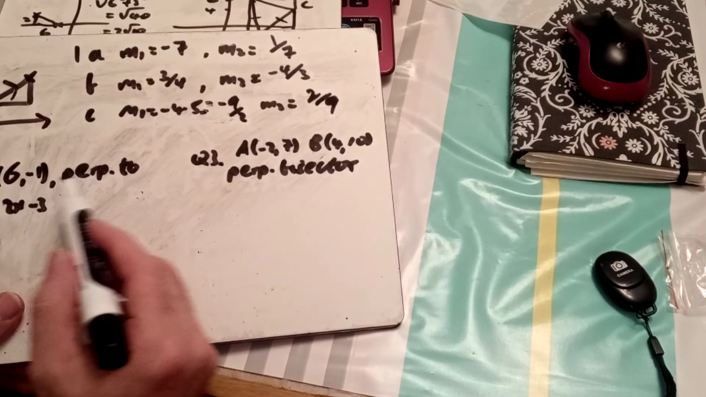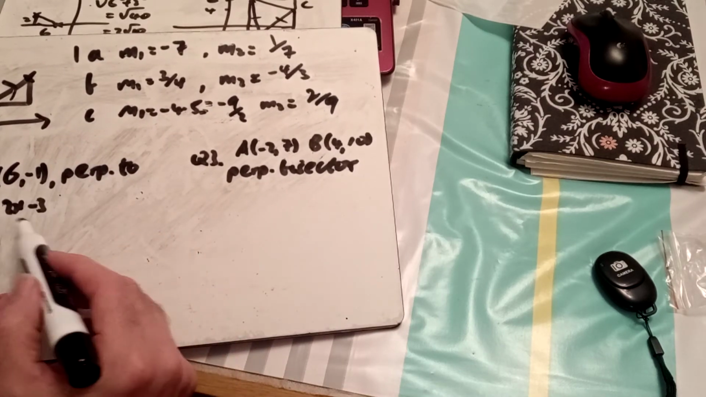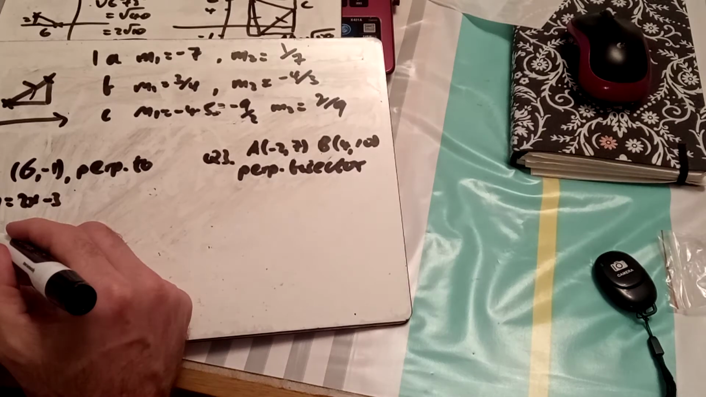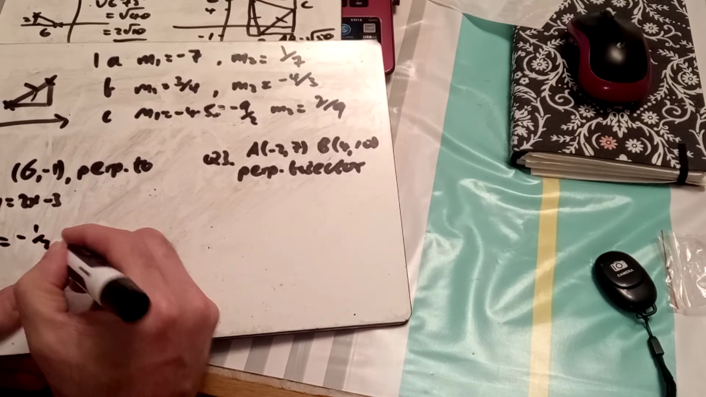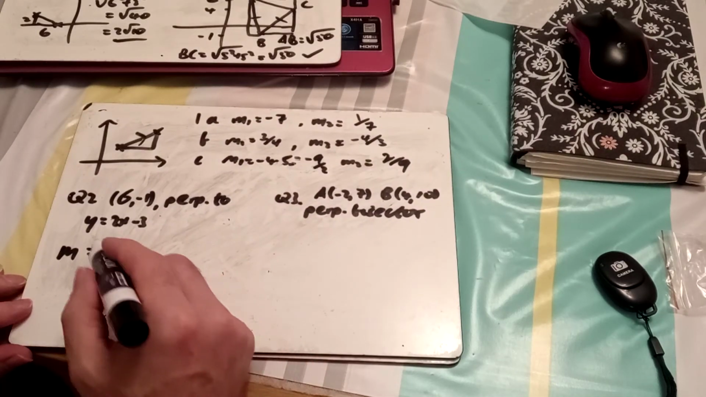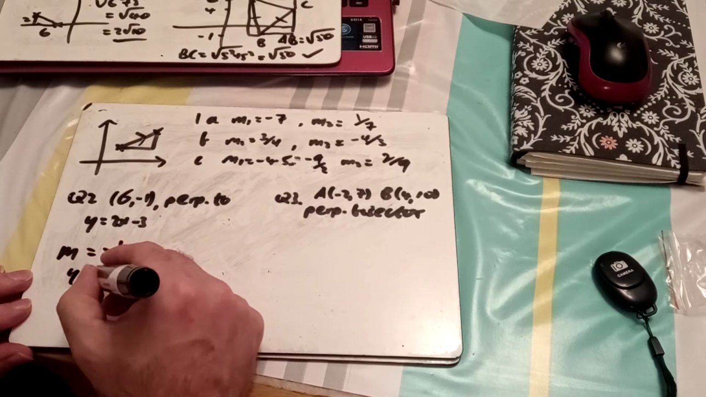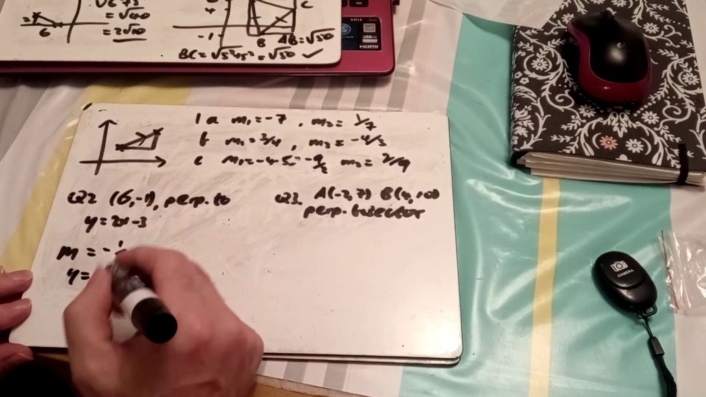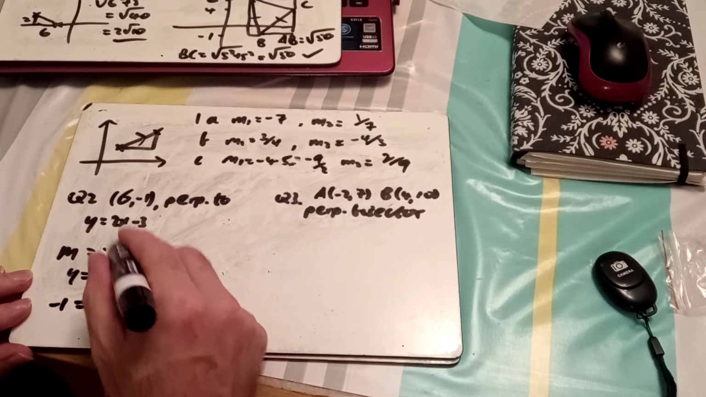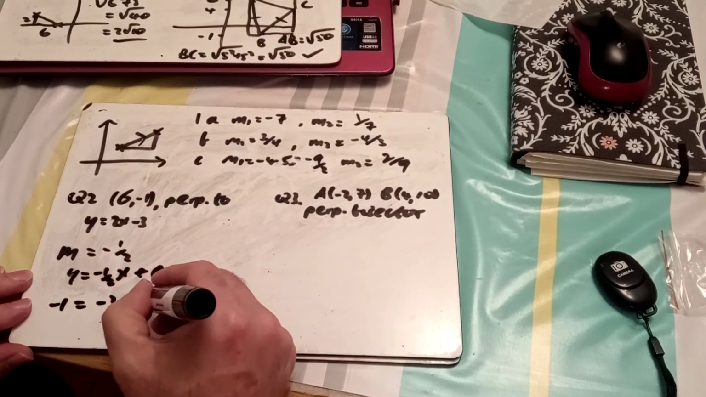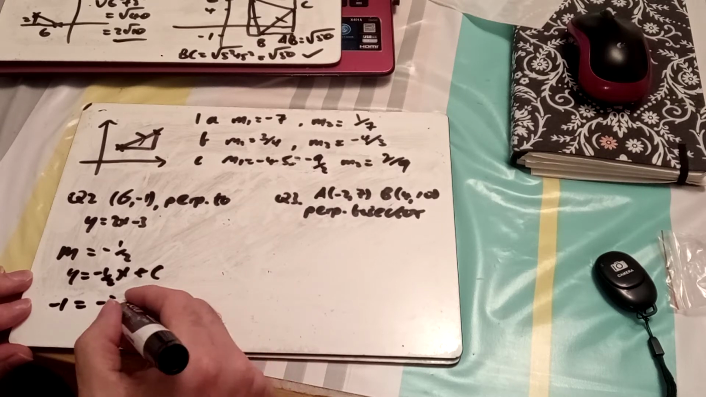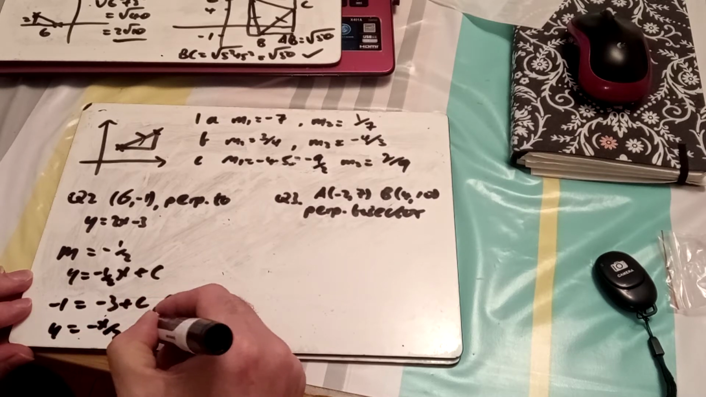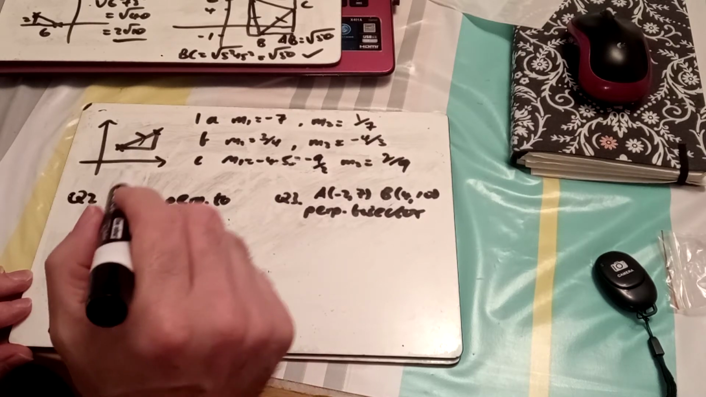Example 2. There's a point. We want the line perpendicular to this line, y equals 2x minus 3, that goes through that point. So it's nice to state m equals minus a half, negative reciprocal, and then I know y equals minus a half x plus c. Sticking in the point (6, -1): -1 equals minus a half of 6, which is minus 3, plus c, so c equals 3 minus 1, 2. So y equals minus x over 2 plus 2 is the line that goes through that point